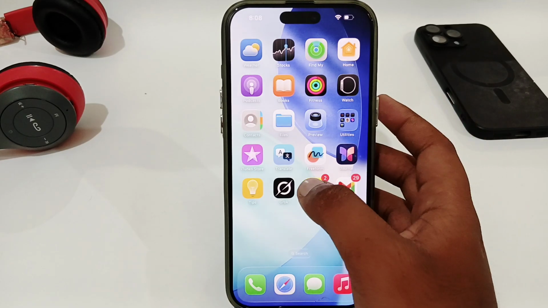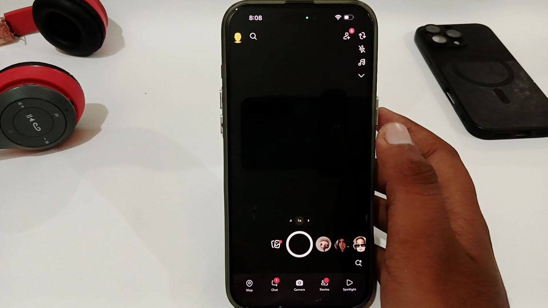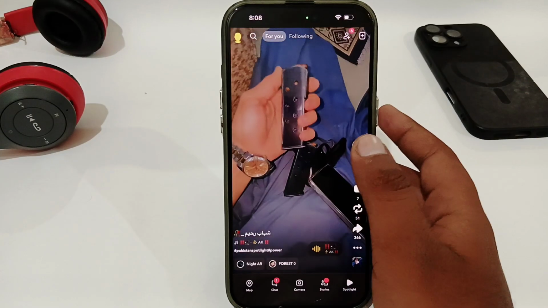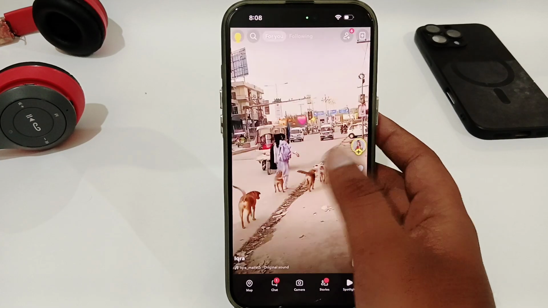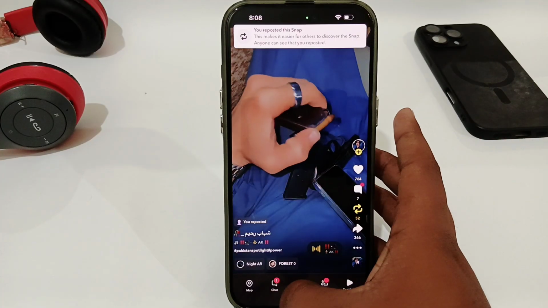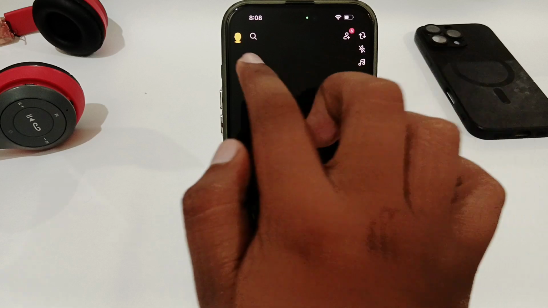You just have to open your Snapchat app, and here, for example, I'm going to repost a video. Simply open the Spotlight and here select the video which you want to repost. As I have reposted this one, now you have to go back and here just tap on your profile in